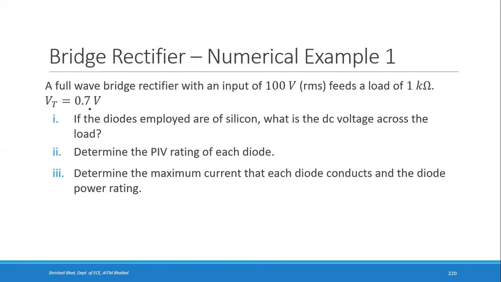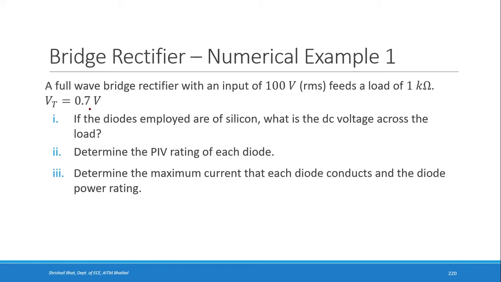The threshold voltage. All this while, in all our numerical examples related to rectifiers, we have not considered this Vt, or the forward voltage drop. If you remember, in any of the problems, we have not considered Vt. We have just considered the forward resistance of the diode, RF, but we assumed that there is no forward voltage drop. We just ignored that 0.7 volts. But here, when it is given, you will have to consider it, and we will see what changes we have to make.